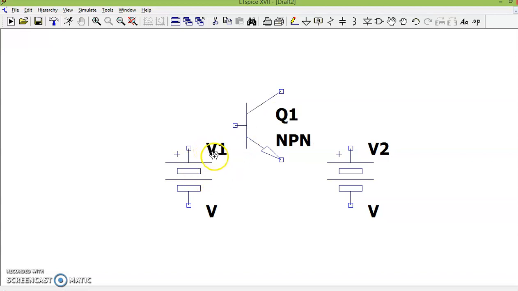My input junction is going to be forward bias, so base, which is P, has to be connected to the positive plate of the battery, and N, that is emitter, has to be connected to the negative plate of the battery to ensure that the input junction, that is base emitter junction, is forward bias, and the output is to be connected in reverse bias. So let's start with wiring.